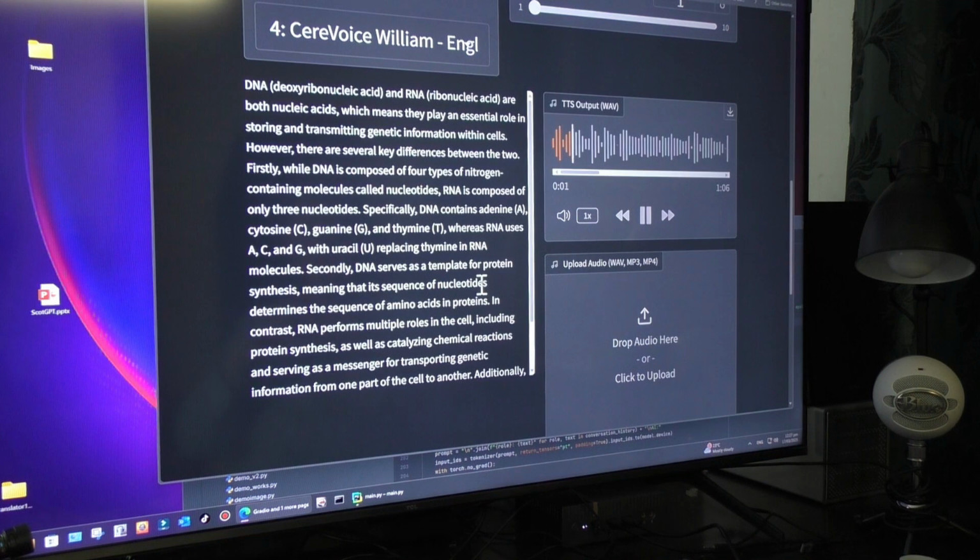DNA, deoxyribonucleic acid, and RNA, ribonucleic acid, are both nucleic acids, which means they play an essential role in storing and transmitting genetic information within cells. However, there are several key differences between the two. Firstly, while DNA is composed of 4 types of nitrogen-containing molecules called nucleotides, RNA is composed of only 3 nucleotides. Specifically, DNA contains adenine, A, cytosine, C,